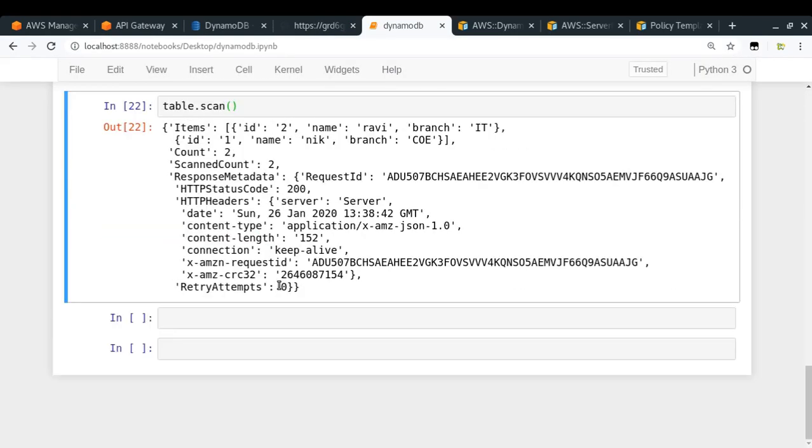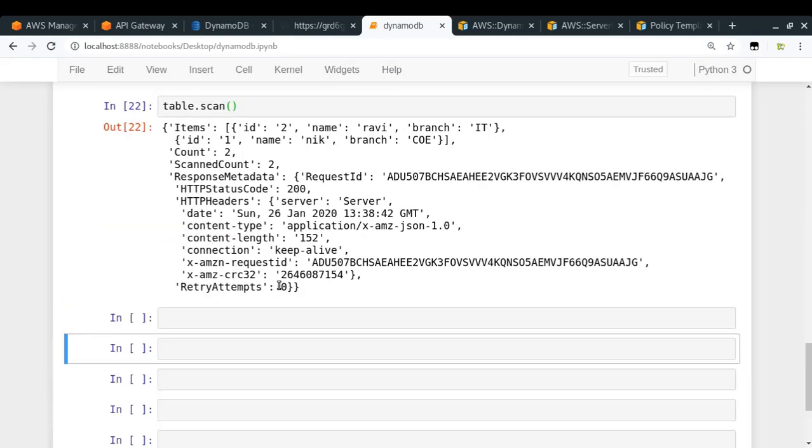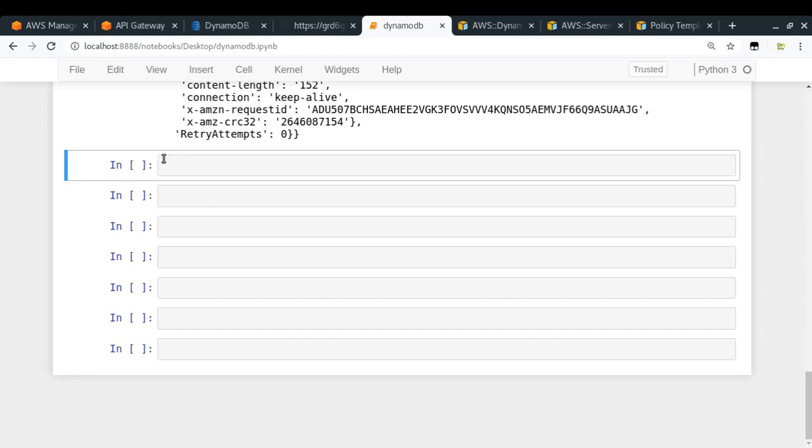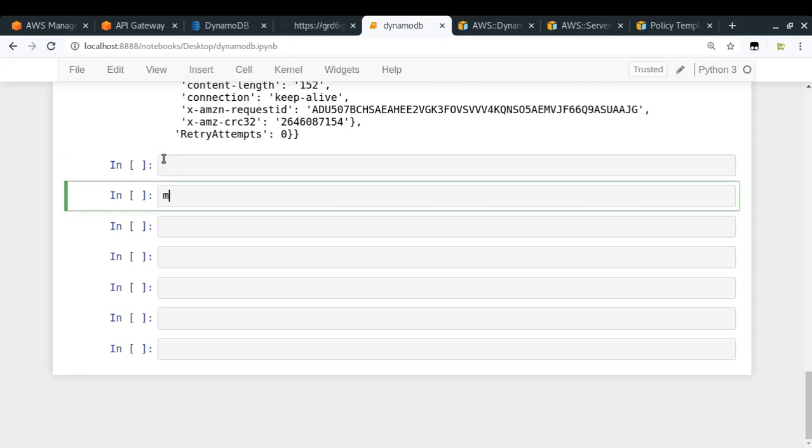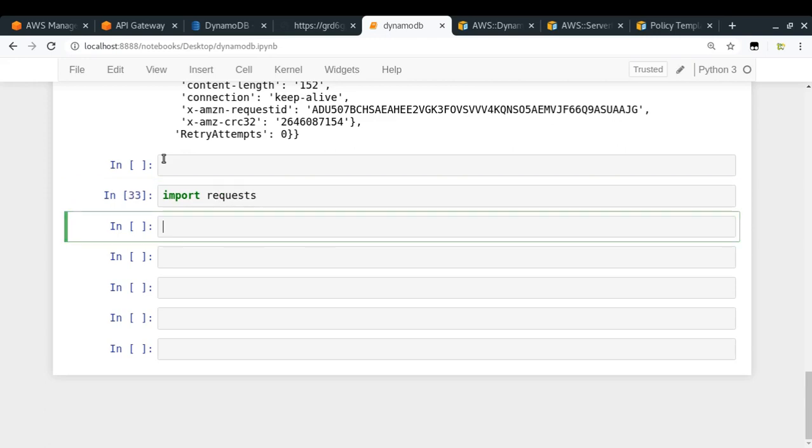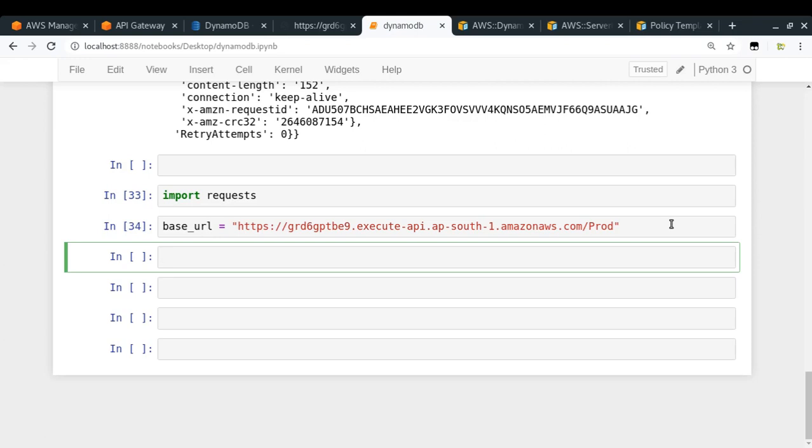So in order to make a post request to our API URL, I'm gonna use the request library to do that. So we are gonna make the request programmatically basically. So import requests, the URL is equal to the base URL, let us call it, and in the base URL we have this. Let me remove this space. Okay, so in the base URL it is up to prod only, and then let us do requests dot post,